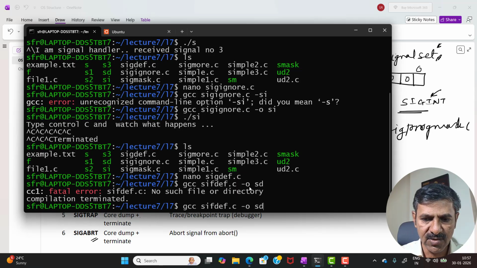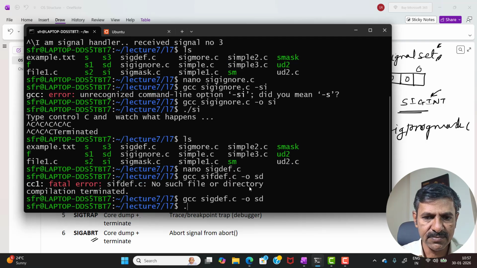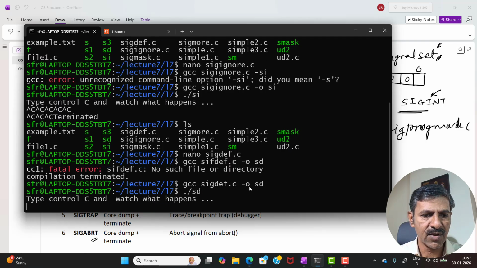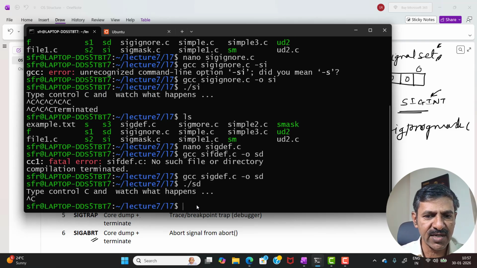Okay, this should be sig. Okay, type Control C and watch what happens. If I say Control C, the default action is to terminate the process, so it will come out. It did not go to the signal handler. Okay, now